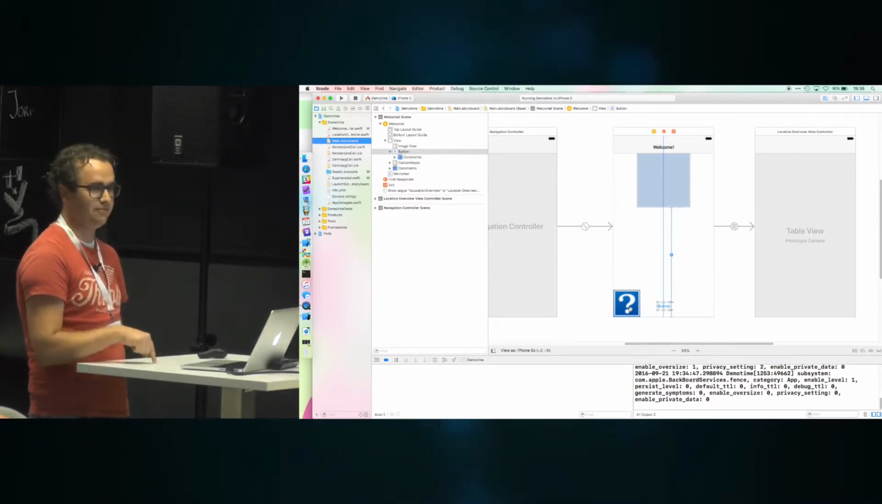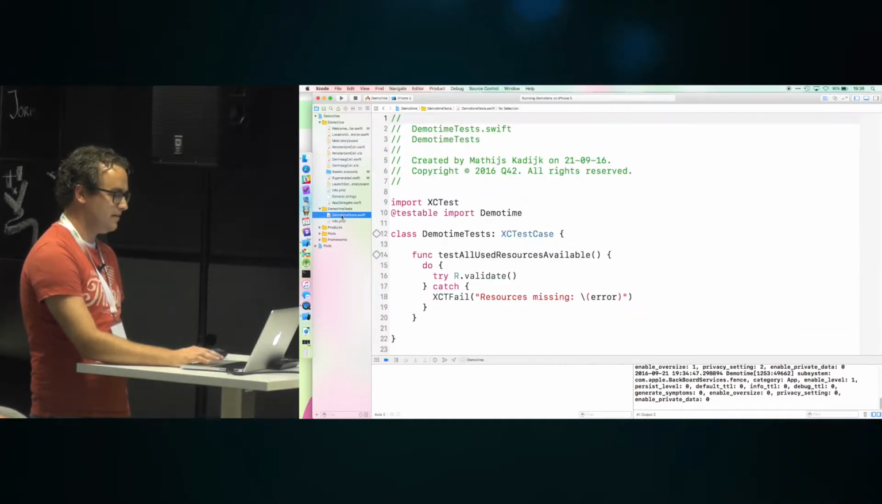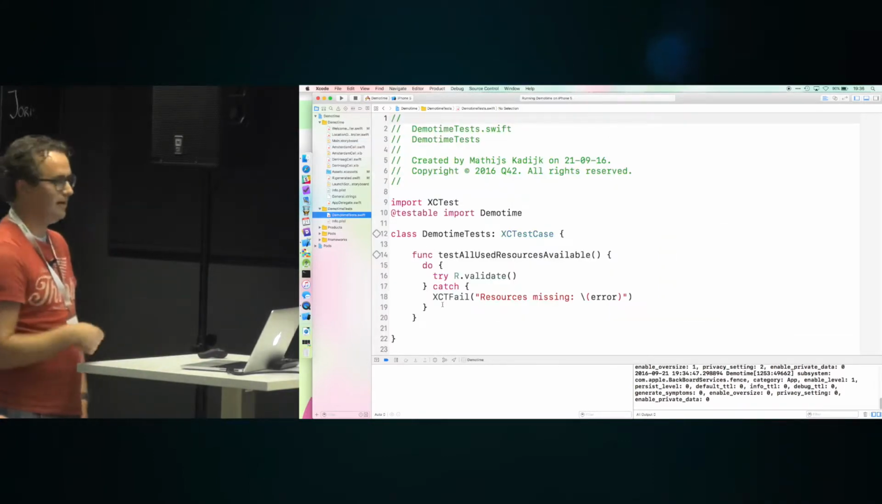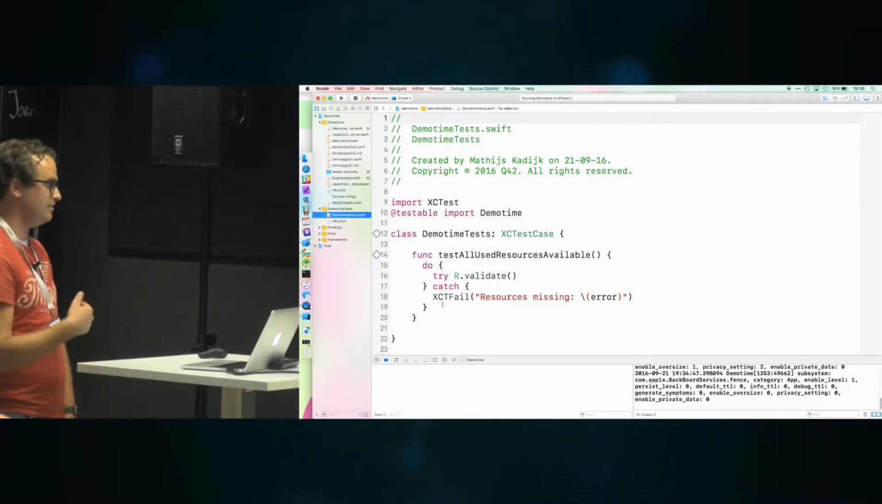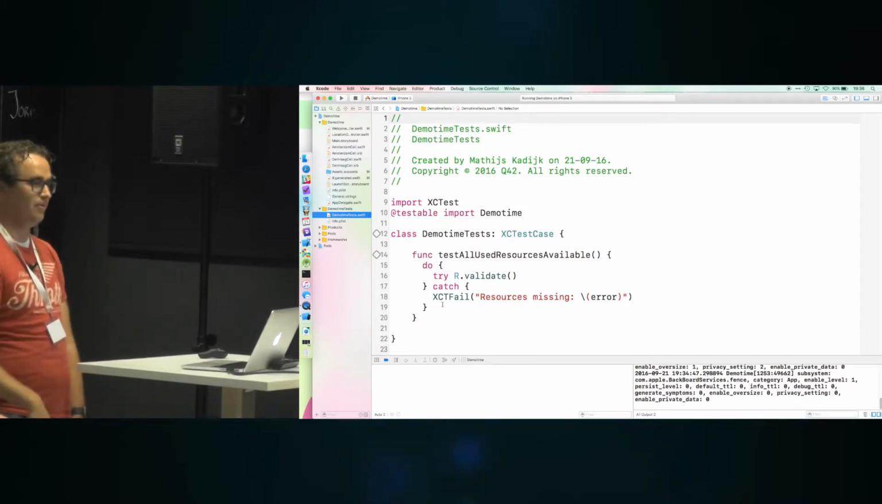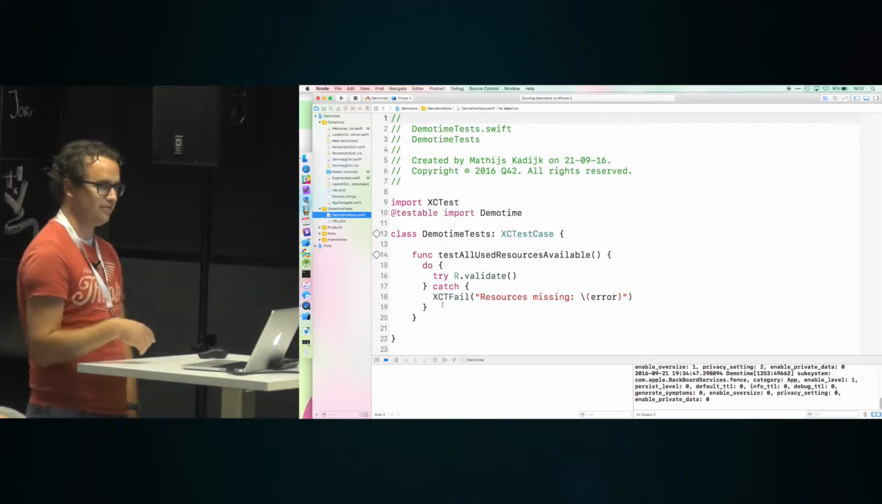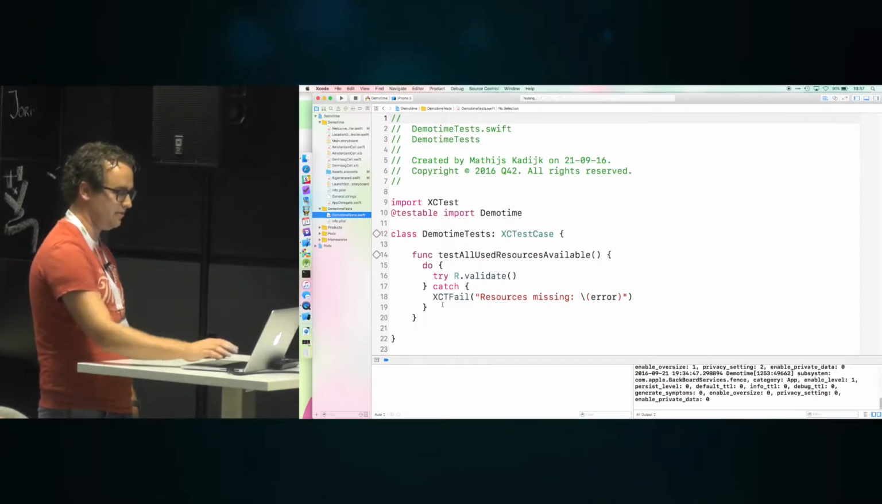R.Swift can't validate that at compile time, but you can put something in your test, like here. There is an R.validate method that will throw an exception at runtime. And what the R.validate method does is validate all your images, all your segues, and a bunch of other stuff at runtime. So I've created the test here, and when I run the test,